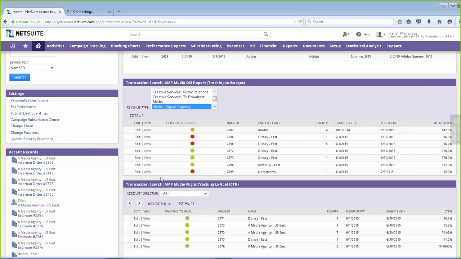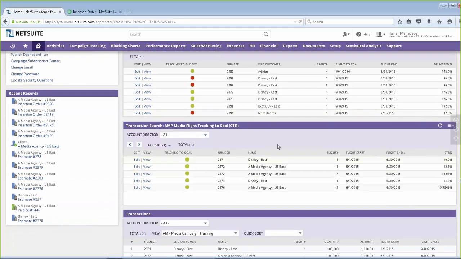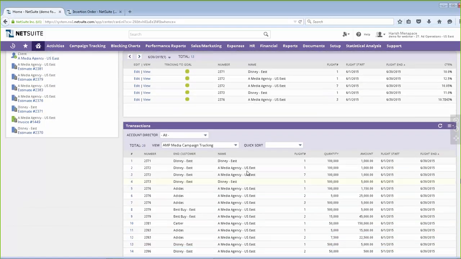And let's just open up one of these contracts here. I can also, again, do any type of back-end goal tracking. So if I've got a back-end goal for click-through rates, anything you can report on can then be on the dashboard for the user. And I can also automate any reports that I might be needing to send out on a regular basis, such as performance reports or any type of reports that I need to have in the system, I can then automate and have on my dashboard.